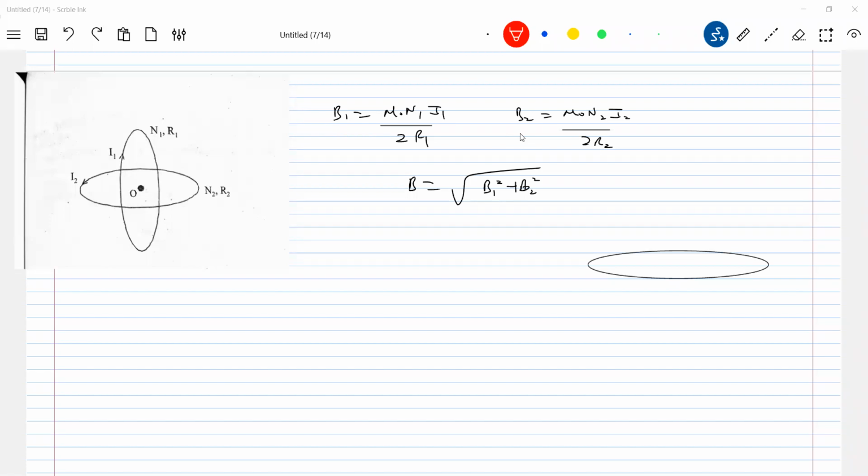These are the two rings where the planes of the rings are perpendicular to each other. So B bar, so separate them. You do one thing, separate like this. The B bar due to this will be like this, and the other B bar due to the other ring. So what is the angle between them? 90 degrees. You have to take it as related. You do have some questions where they'll be inclined at an angle. This is I2.